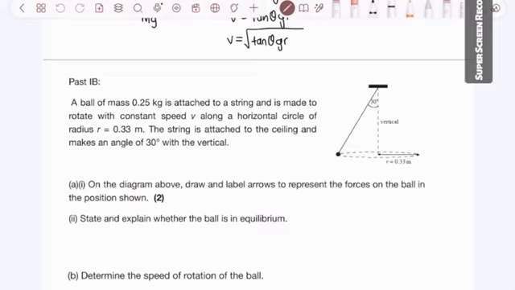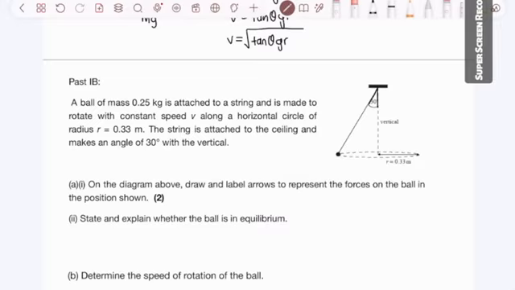So here we have another past IB question. A ball of mass 0.25 kg is attached to a string and is made to rotate with a constant speed v, so it's again a UCM question, along a horizontal circle of radius r, 0.33 meters. The string is attached to the ceiling and makes an angle of 30 degrees with the vertical, as it's shown here. So first of all, we're asked to draw and label arrows to represent the forces on the ball in